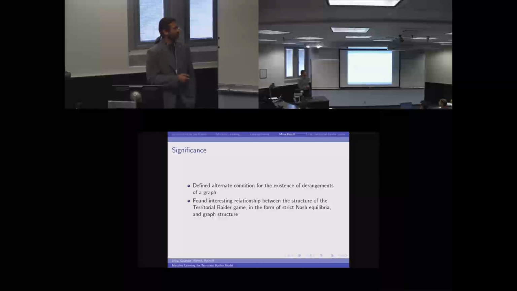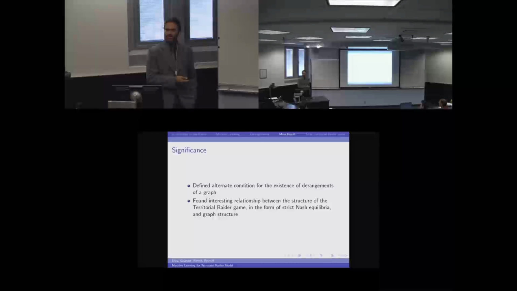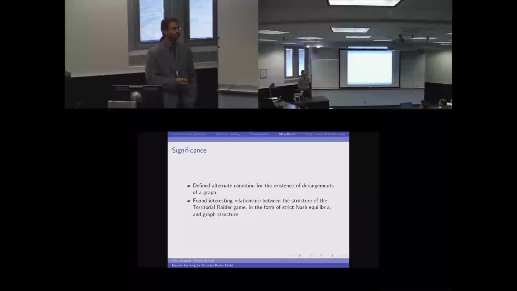And not only that, there are some algorithms for finding the derangements, but they are NP hard, meaning that if your graph structure has n vertices, it takes about 2 to the n steps to find the derangements. Our algorithm seemed to be finding it in a much faster way, even though we didn't really test it on significantly high vertex numbers. So potentially there is some significance in how you can find derangements in a faster way, even though it is not really guaranteed.